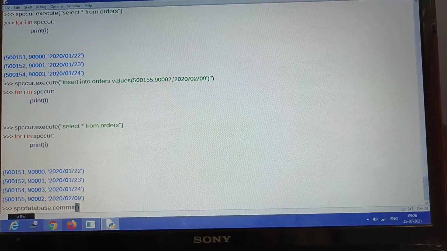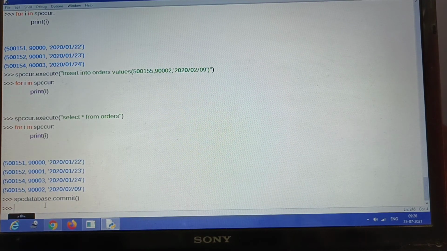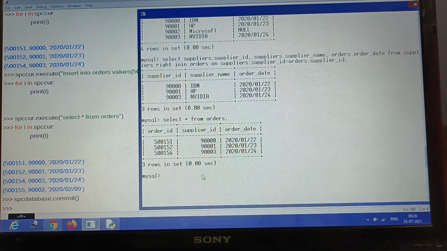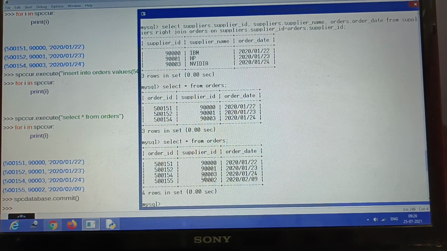Once it commits, now if I give the same command in MySQL, you'll see that the 4 records are there. So we have to understand that unless and until we execute the commit function, it is not written in the MySQL database permanently.